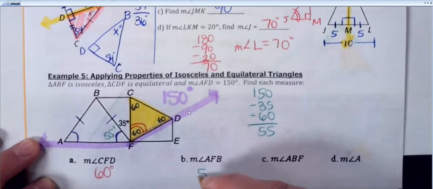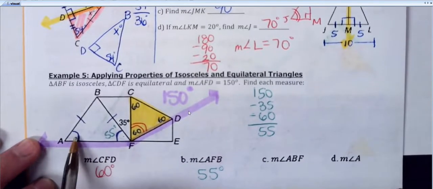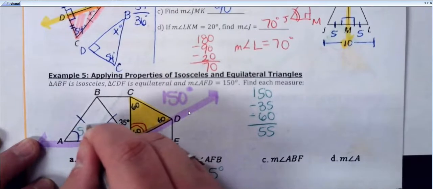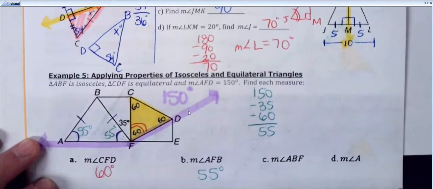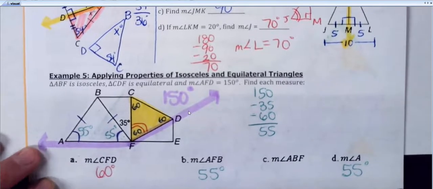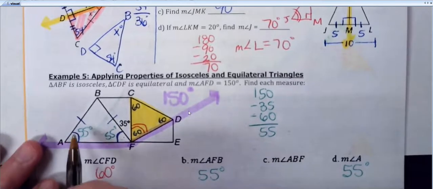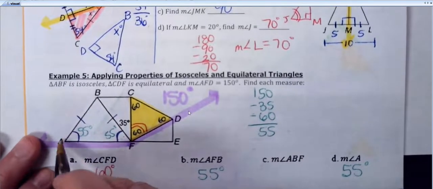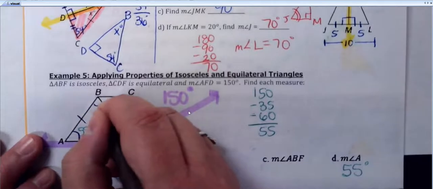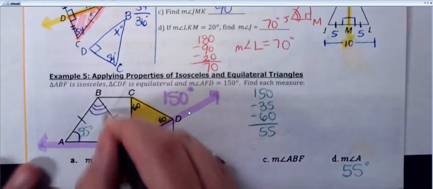Now, automatically, I can have angle A, right? Because this is just an isosceles triangle. So angle A has to also be 55, which is actually the very last question they ask you here. So I'm going to go ahead and write that down. The only one I'm missing then, they ask you for angle ABF. So B is going to be the vertex. Angle ABF would be, let me put a triple mark because I put a double mark on that one,